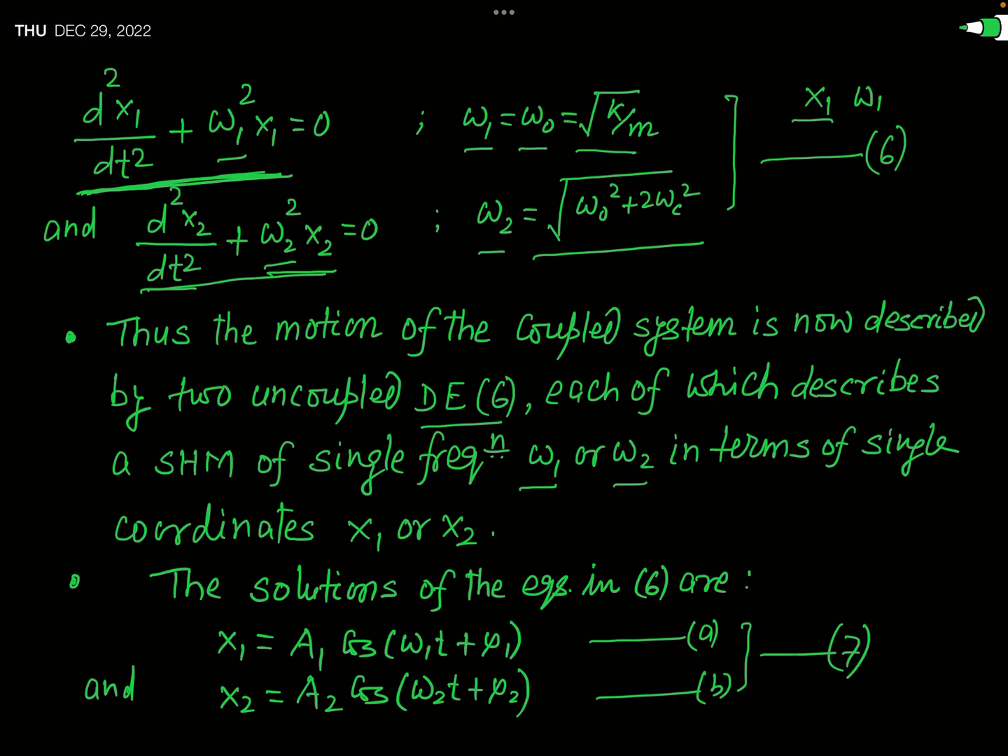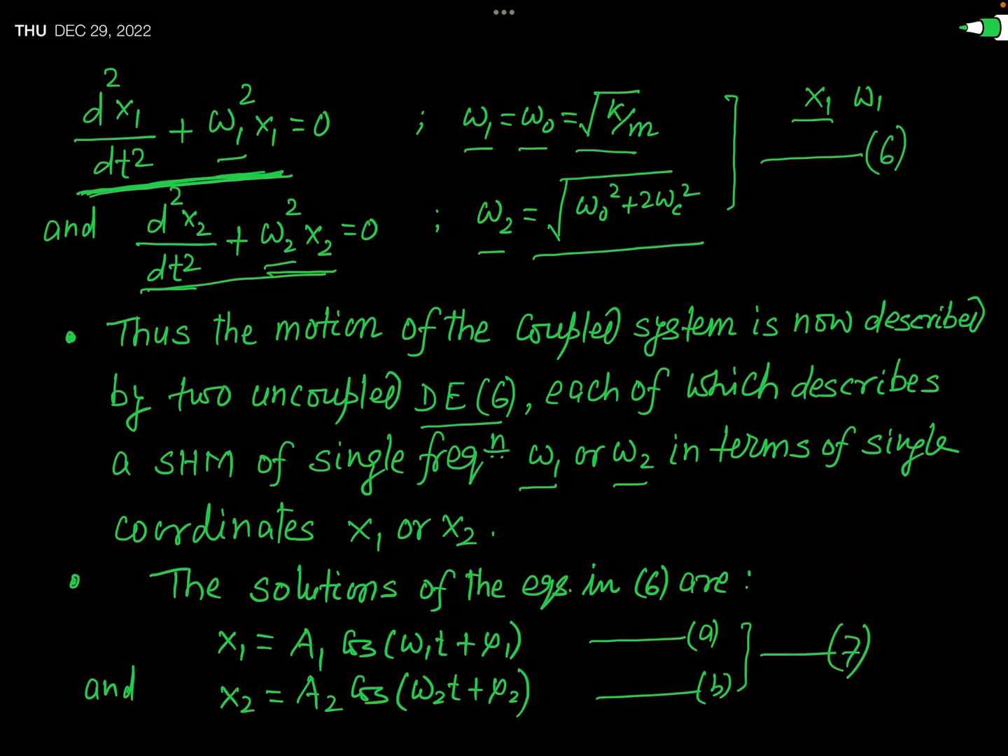Now, what will be the solution of these equations defined in equation 6? This is the well-known differential equation which represents simple harmonic motion, and we have studied several times the solution of simple harmonic motion. You know that the solution of the equation of motion of SHM is written in several forms. It is either in terms of cosine function, or in terms of sine function, or in terms of e to the power plus minus i omega t. Okay. So here I am writing the solution of these two equations defined in equation 6 in terms of the